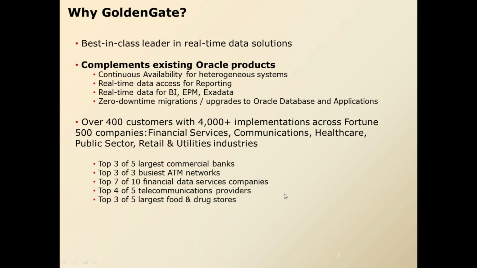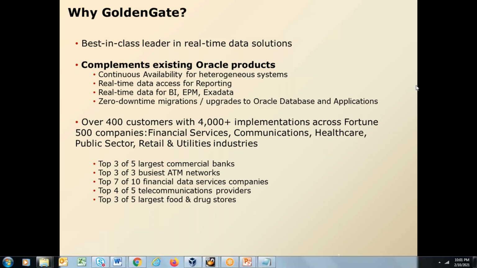Telecommunication providers: you name a telecommunication provider, they are using it. Like Vodafone. Vodafone India is using Golden Gate for business intelligence purposes, and for a lot of other things. Then you name a telecommunication provider like Rogers, it is using Oracle Golden Gate. You name Sprint, it is using Oracle Golden Gate. So Golden Gate is being used by all top telecommunication providers.